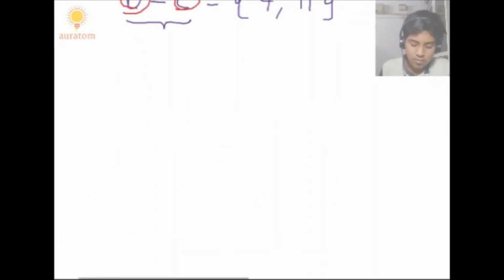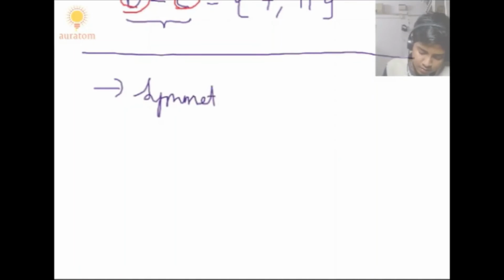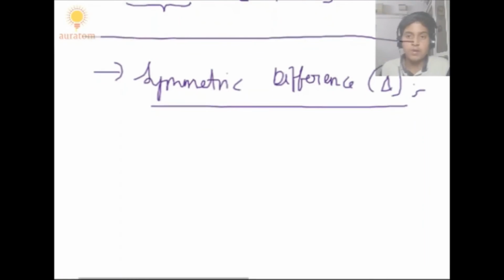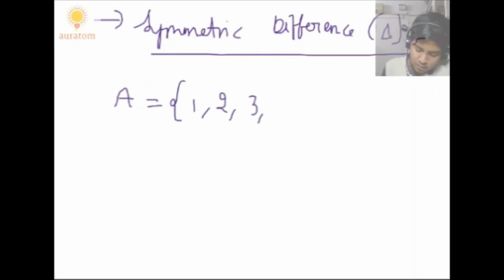Let's move on to another operation, and this is the last operation that we have on sets. This is called the symmetric difference. This is denoted by delta, and I will show this operation again with examples. This is also defined on two sets, and let's take the first set A to be 1, 2, 3, 5, and let's take B to be